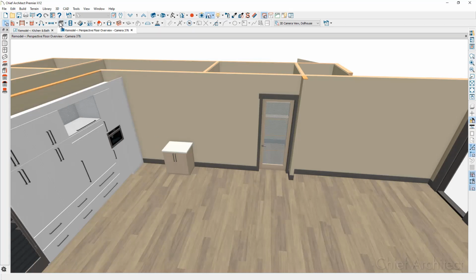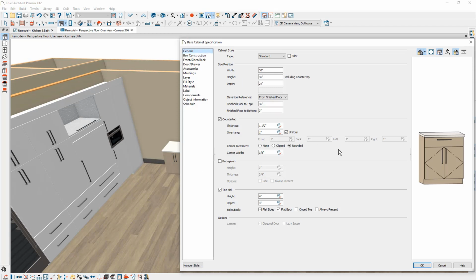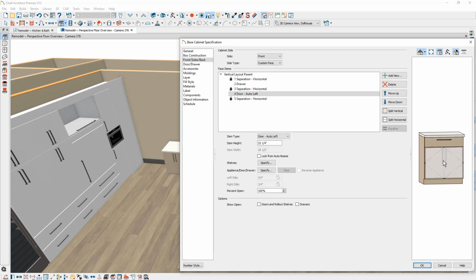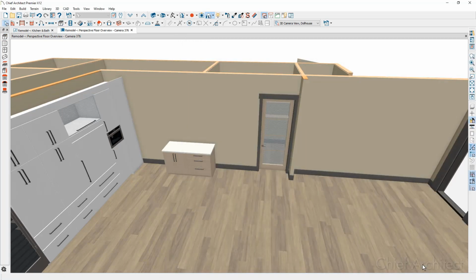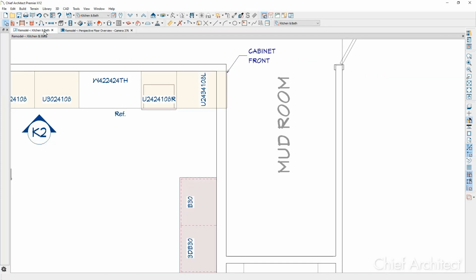I'll go ahead and place one more base cabinet right next to the existing one, resize it to 30 inches, open it up, and I want to create a bank of 3 drawers. I'll go ahead and click on the set of double doors, come over to the face item type, change it to a drawer, and then I'm going to use the split horizontal. That will create the bank of 3 drawers. Now I want to slide these 2 cabinets against the full height cabinet, but I do want to put a filler right in here. Let's do that in our floor plan view.